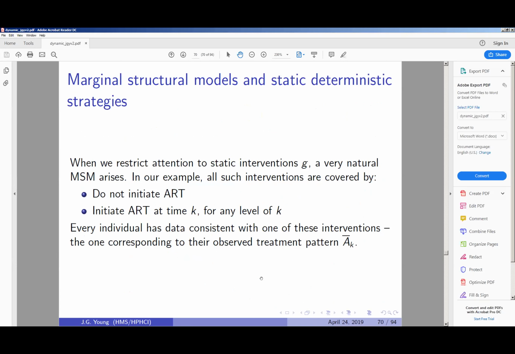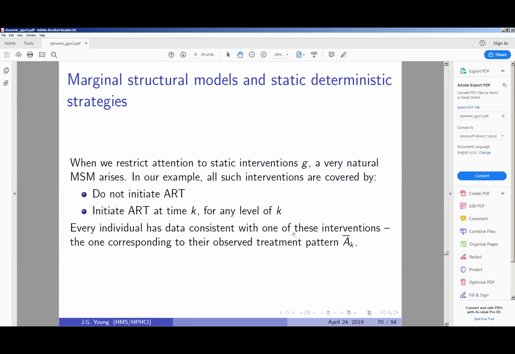But I just want to make this point because I think people often get lost about this. In the literature, there's been a really big separation between estimating effects of static deterministic strategies using marginal structural models and dynamic strategies. It's almost like considering them as completely separate methods. In fact, everything that we just talked about also applies to static strategies. You could use precisely that copying and artificial censoring approach for any deterministic strategy G, including static strategies.